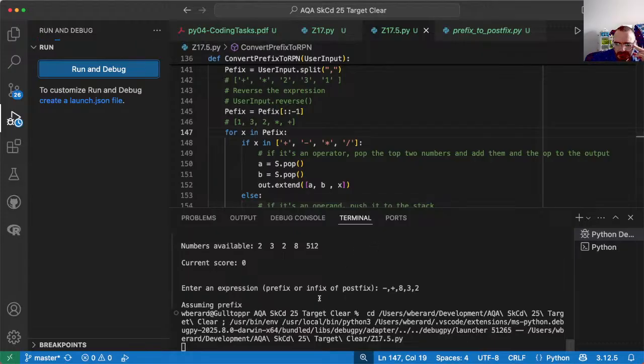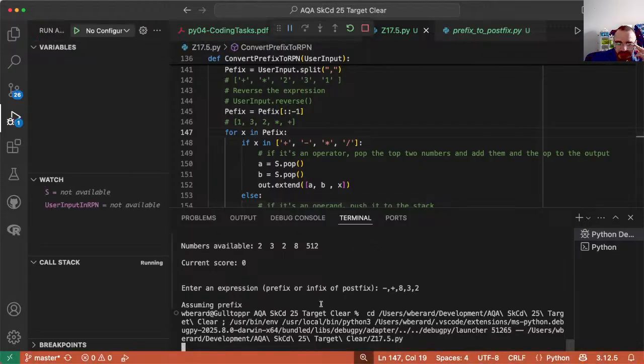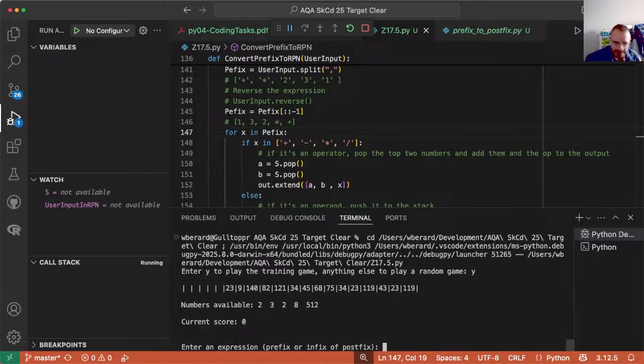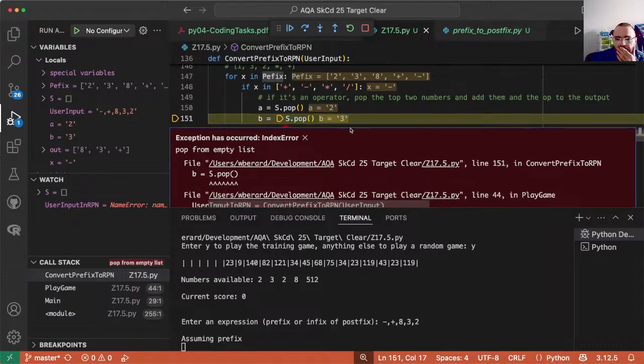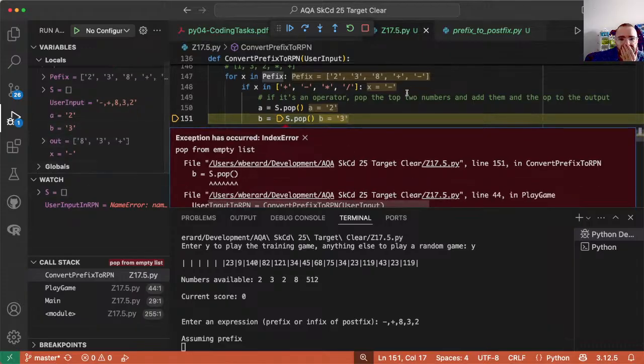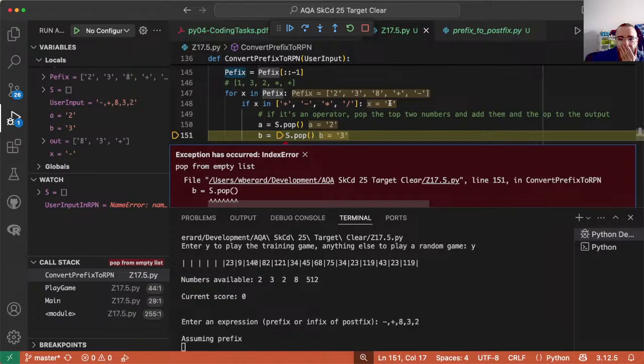All right. Third attempt, fourth attempt, and now I've done this so many times, it comes absolutely naturally. It's minus, plus, comma, 8, comma, 3, comma, 2, right? That's interesting. So S is empty. We're trying to pop when it's empty. Oh, because we can't. That's the thing I've forgotten. So we still need to do the dumb